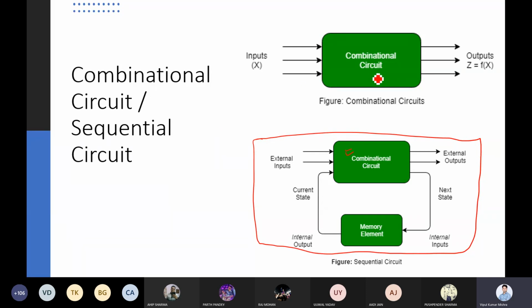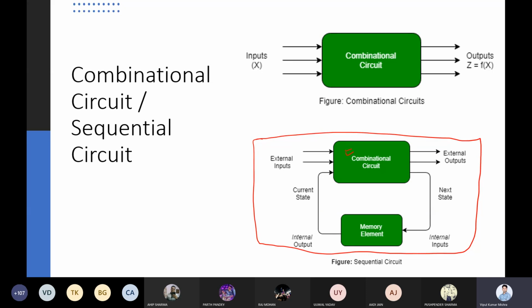If you look at the combinational circuit, the output depends only on the input. It means the output is a function of inputs only. For example, we have seen binary to Gray code conversion, or the 7-segment display; any circuit of this type comes under the combinational circuit.